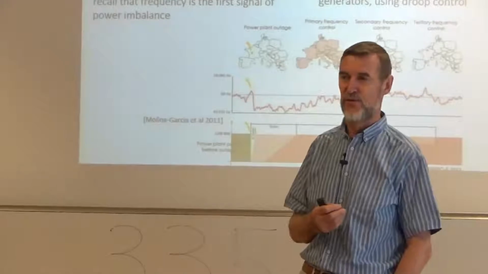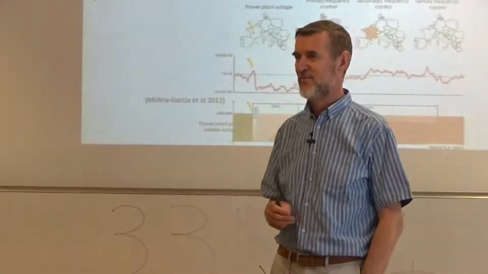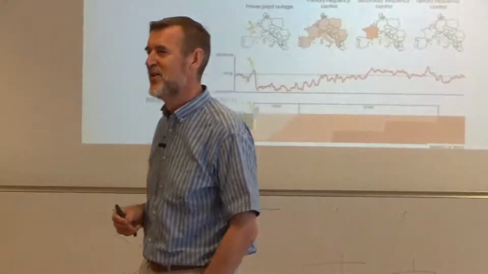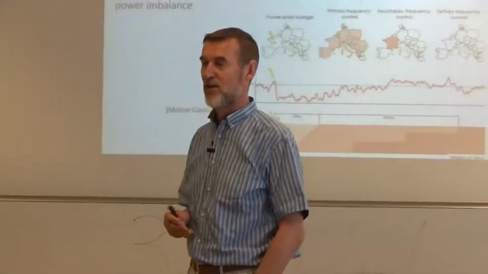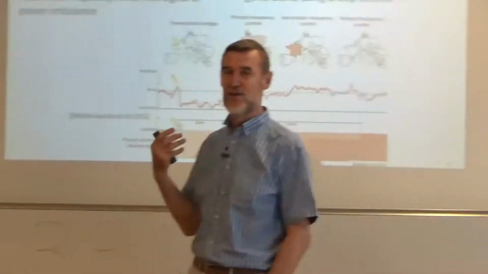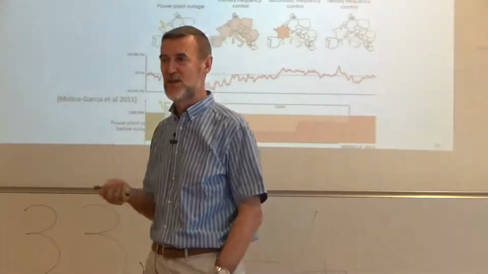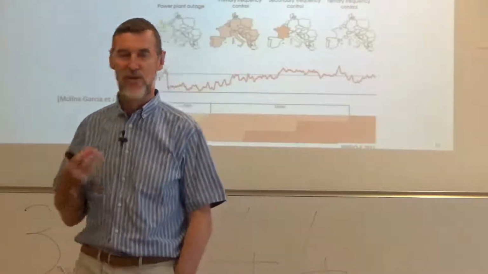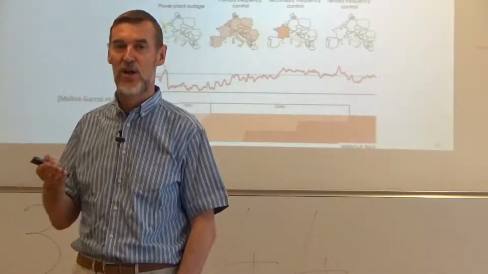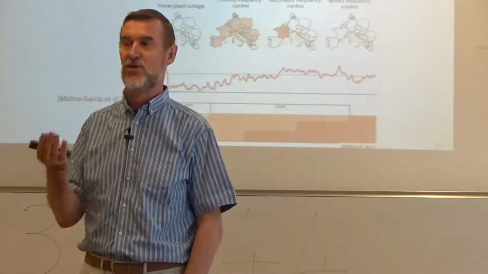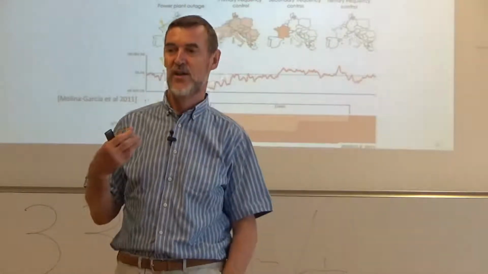And why is that visible in the frequency? The generators are too slow to provide power. The generators are too slow, exactly. So this is based on the idea that the generators are big rotating machines. There are turbines driven by heat or by diesel. So if you have a diesel engine and, for example, a car, right? If you're driving a car and then for some reason you're getting into a slope, so it's harder for the engine, what does the engine do as first reaction? It slows down,